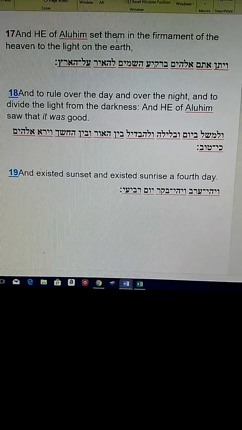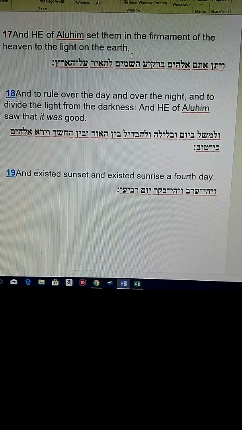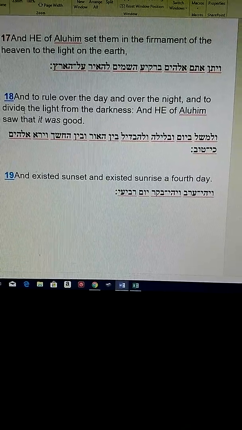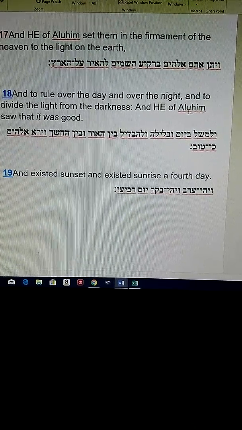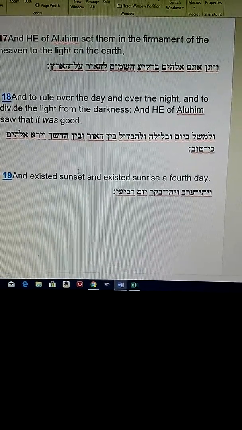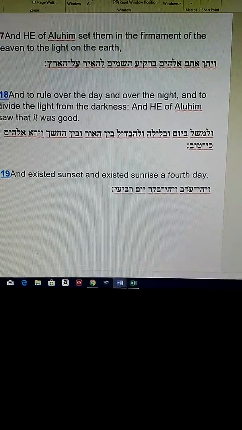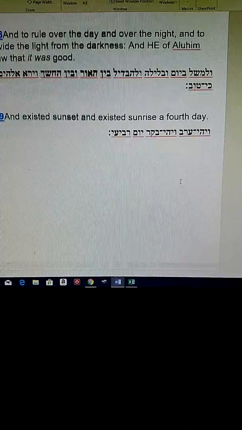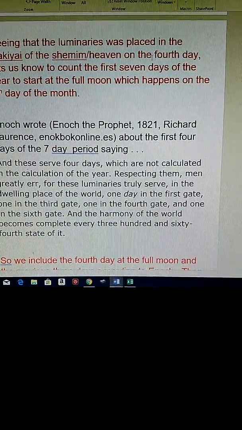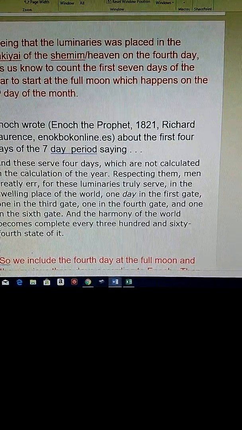"And Elohim set them in the firmament of the heaven to give light on the earth, and to rule over the day and over the night, and to divide the light from the darkness. And Elohim saw that it was good, and there was sunset and there was sunrise, a fourth day." And this is a very important part. So seeing that the luminaries were placed in the raqia of the shamayim, or the heaven, on the fourth day,